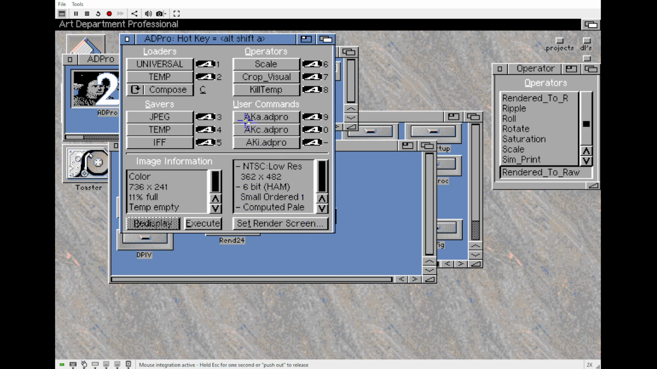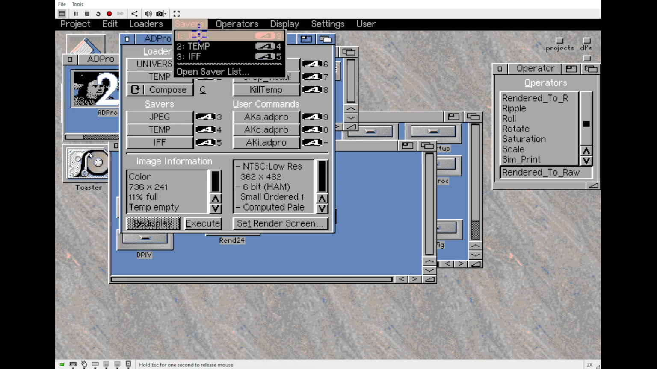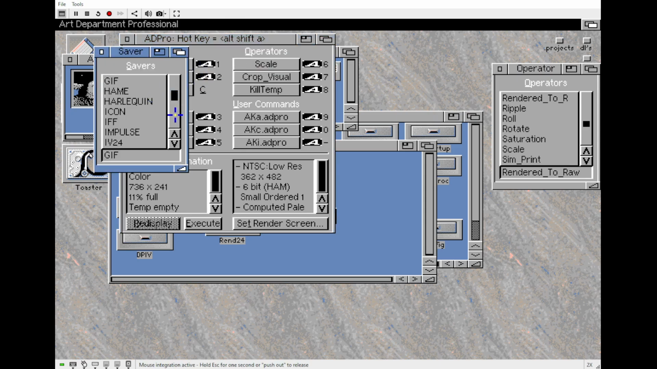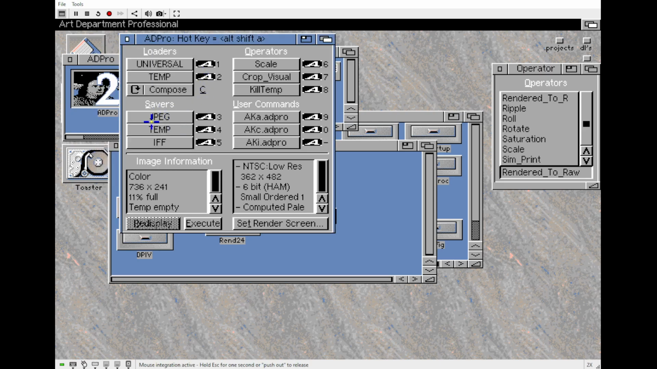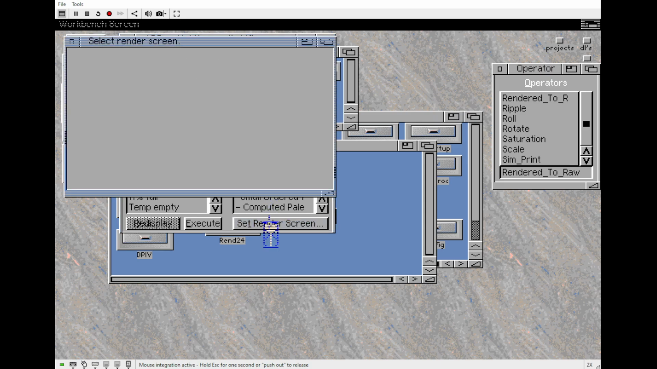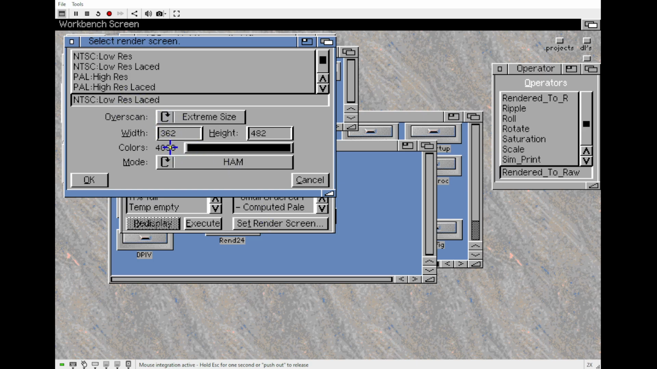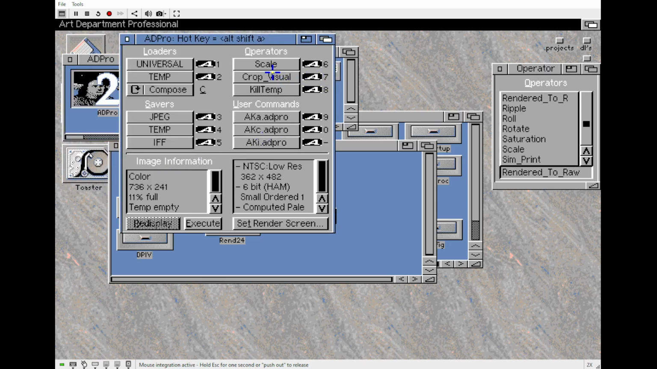From here, I can save it in any other format that I want. There are pre-assigned ones, or I can change my saver. I can have the 3 default ones, and I can save it to any format and assign it to whatever. So I can save it as JPEG, or, like it tells me, the file is a 362 by 482 6-bit HAM, so it is low-res laced HAM mode. So if I set the render screen to low-res laced HAM mode, which it's already set to, and I do,